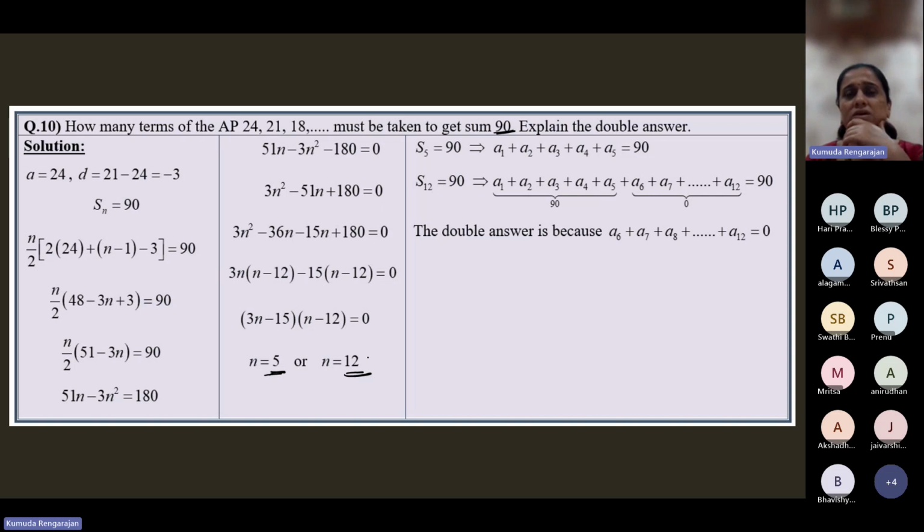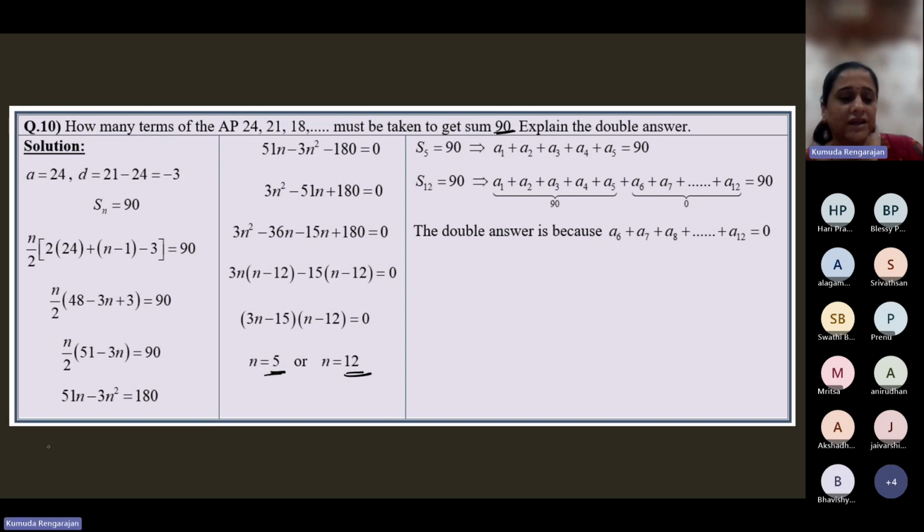How is it possible? For one AP, you add the first 5 terms, the sum is 90. You add the first 12 terms, then also the sum is 90. How is it possible? When you add more numbers, depending on whether they are positive or negative, it should increase or decrease the value, right? How is it the same 90? That is because,